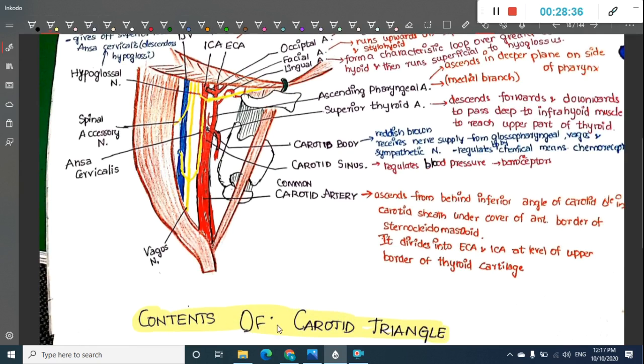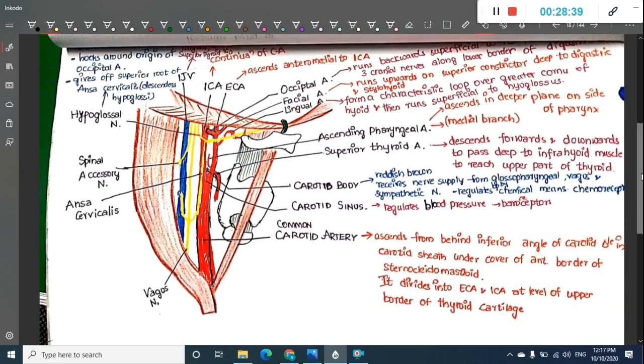If you see this carotid triangle, it's very easy. The carotid triangle contents include three things you should remember. There are arterial components, venous components. Arteries, what are they? They are common carotid artery, external carotid artery and internal carotid artery. It's simple. Common carotid artery bifurcates into external carotid artery and internal carotid artery. Internal carotid artery does not give any cervical branches, but external carotid artery gives some branches. So those are also seen in this carotid triangle.